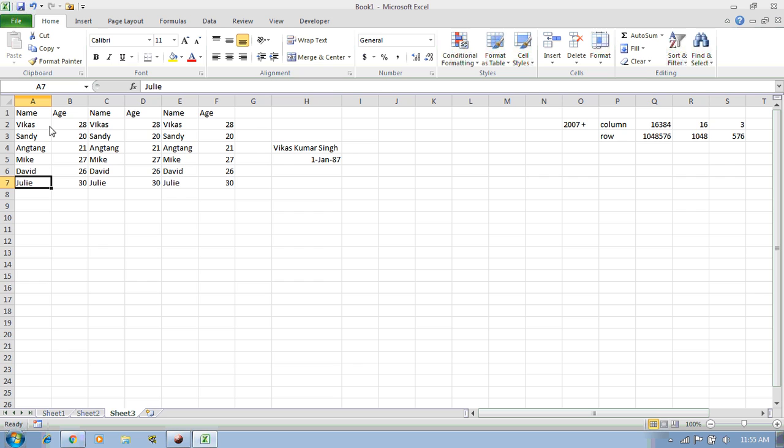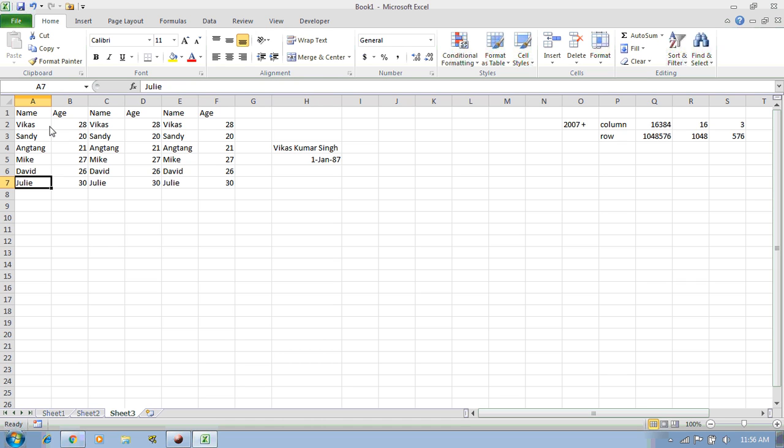Just for example, I am here at the end and you want to go to the last row of the Excel. If you press Control and down arrow, first you will go to the last occupied row, which is the 7th row. Occupied means wherever we are having data in the last row here. You can see in the 7th row we are having the data, and it is the end of our data.